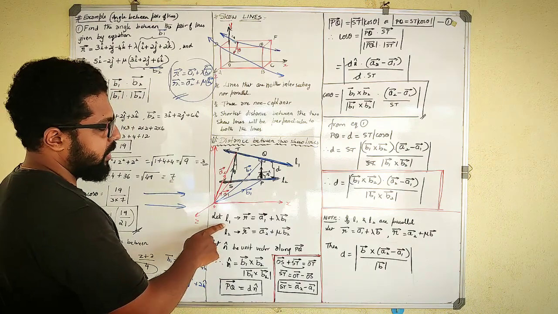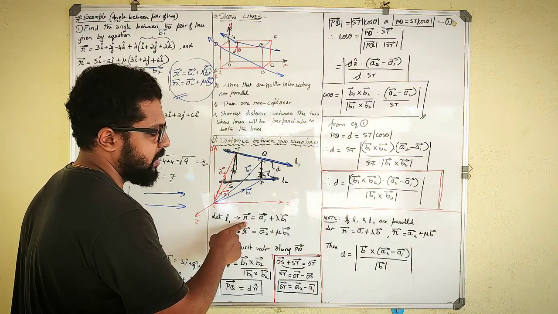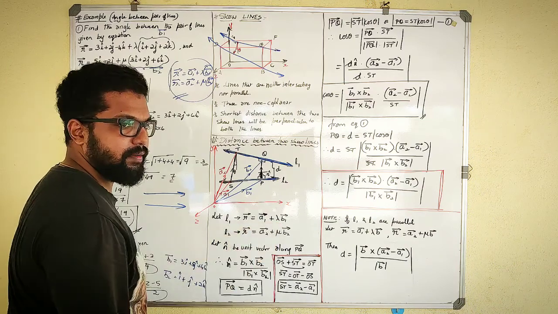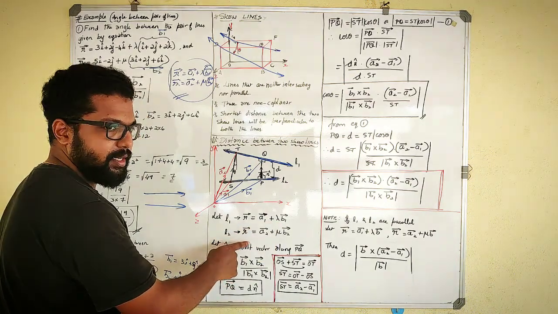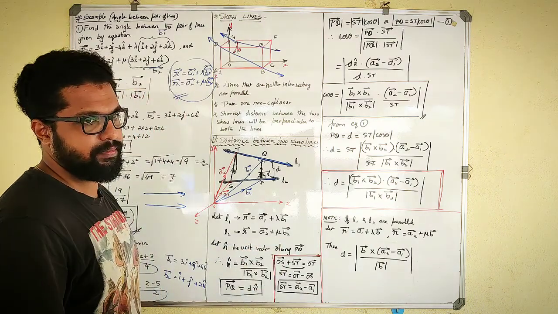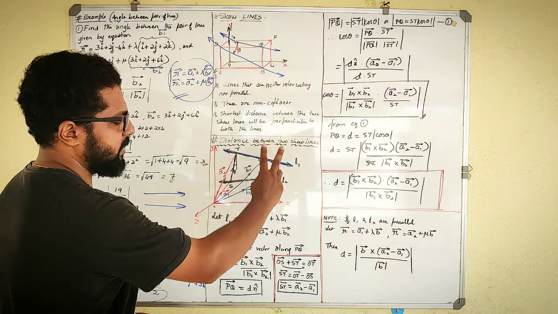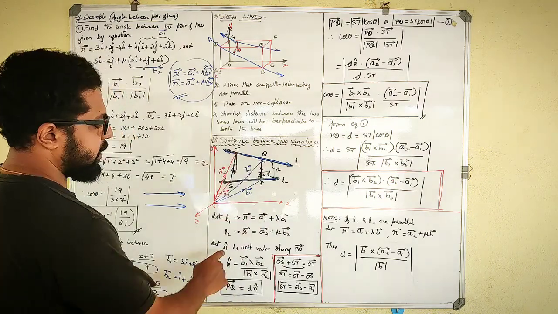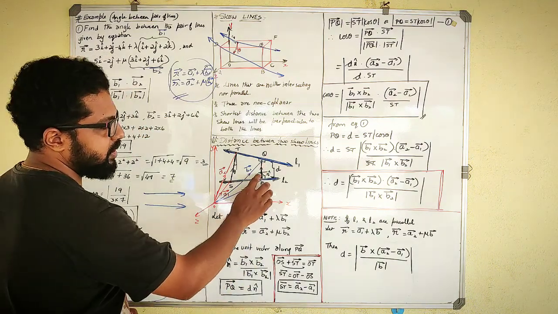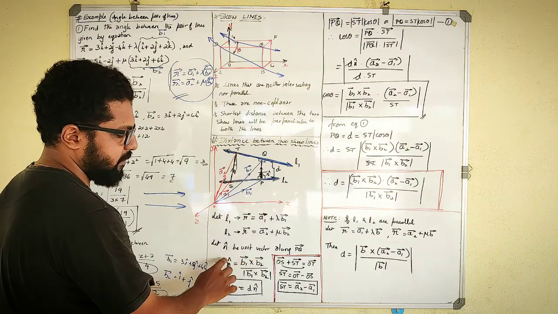So now, the L1 line is represented in vector form as r vector equals A1 vector plus lambda times B1 vector. L2 is represented by r vector equals A2 plus mu times B2 vector. These are the equations of the two lines in general form. Then let n vector be a unit vector along the PQ vector.